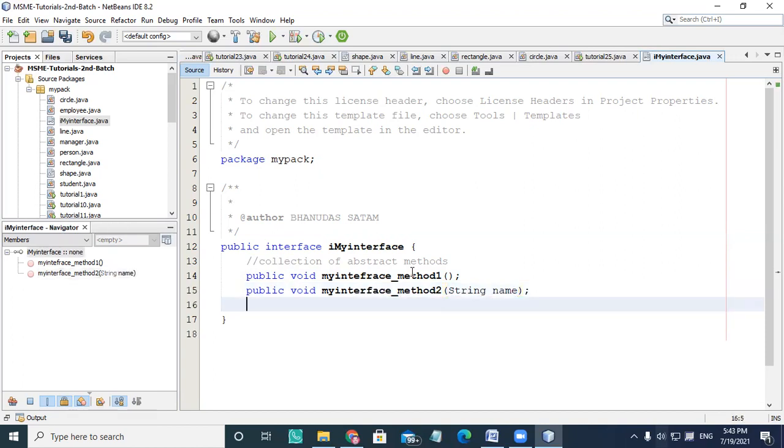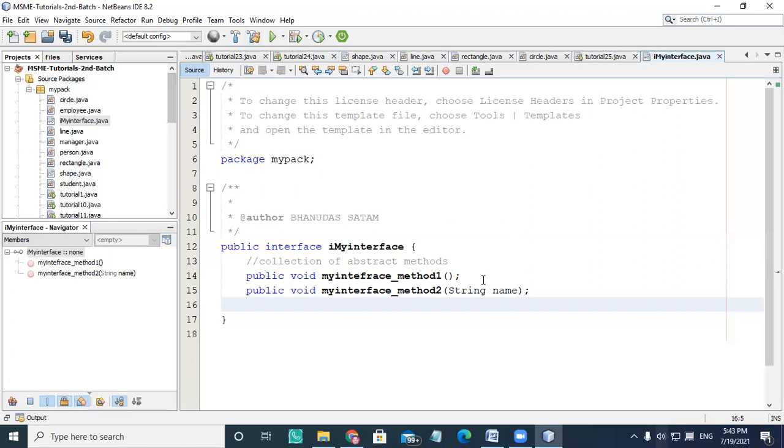So this is another method where I'm passing a parameter. You can pass a parameter as per your requirement, and define the prototype of the method the way you want.